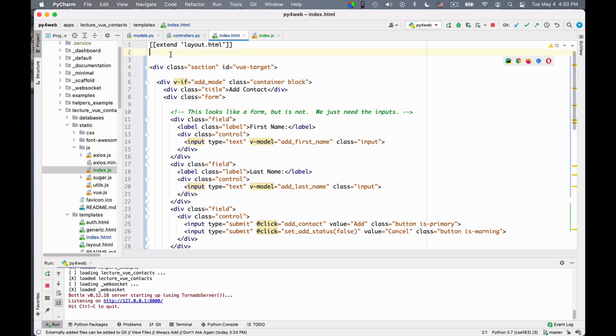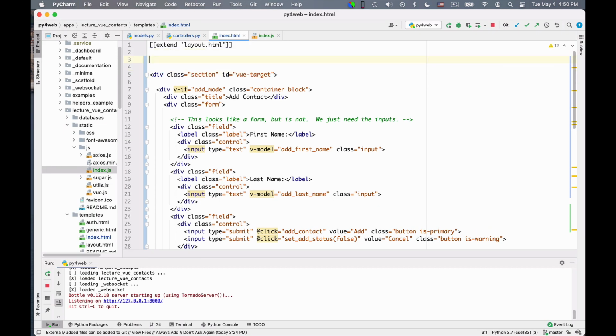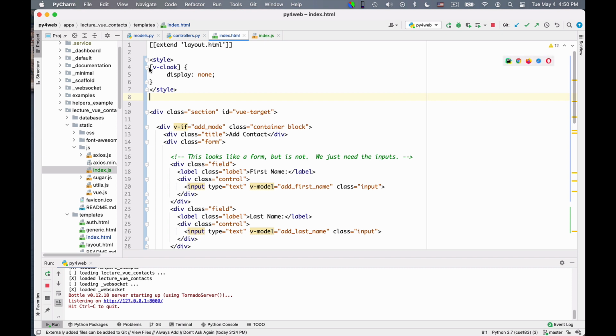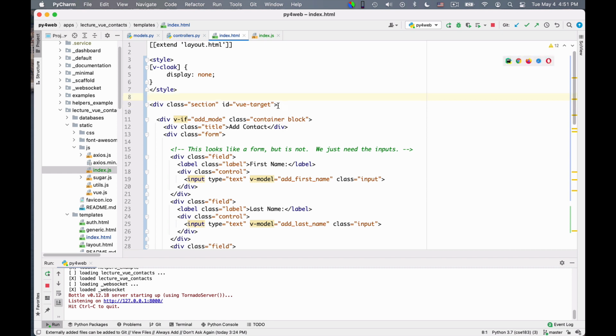So here at the top, I write this style v-cloak display none. This means that when Vue wants to keep under the hood the template because it's not yet processed, nothing is displayed. And here in the ID of the Vue target, I can say v-cloak.